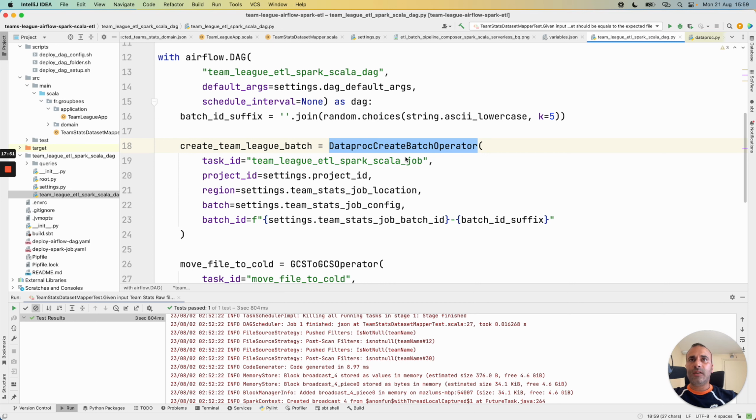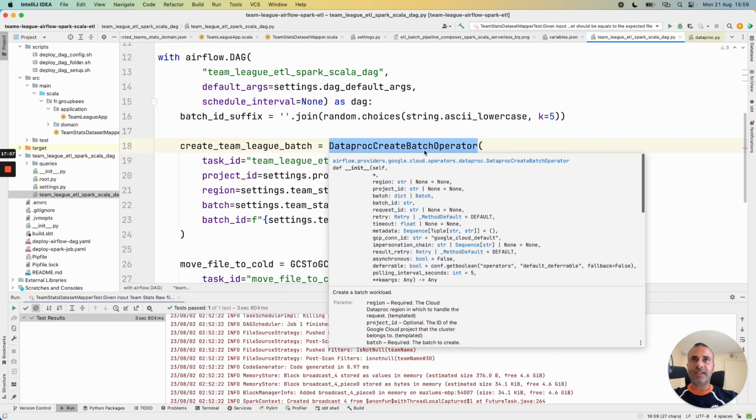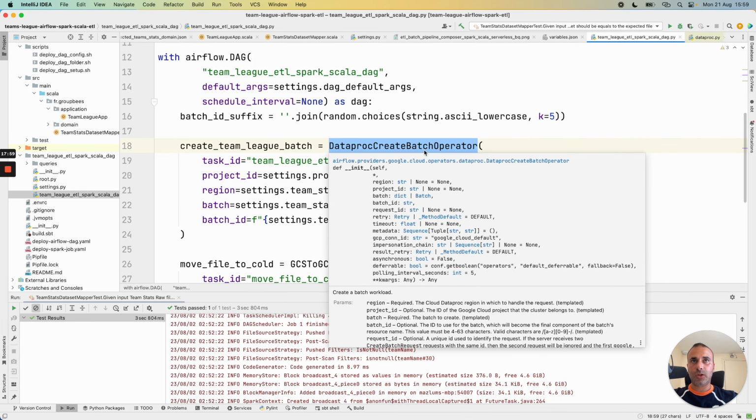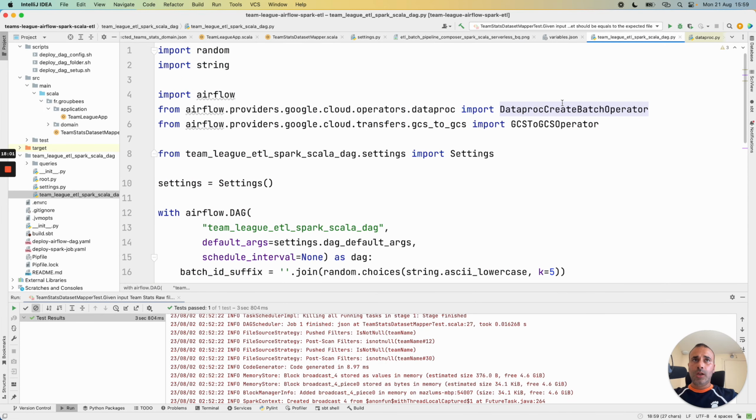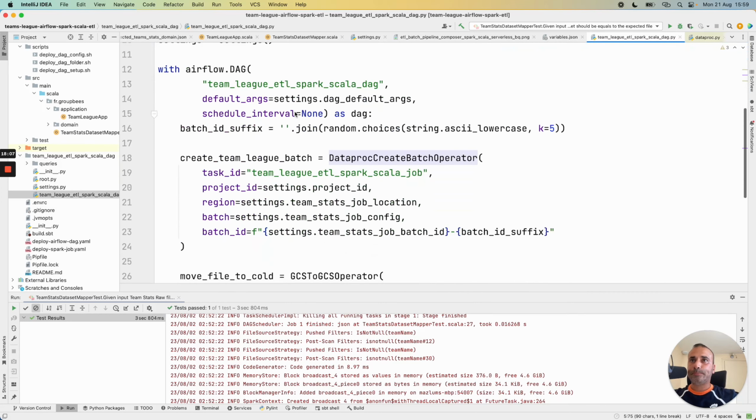In this example, we can launch a Dataproc serverless job with this operator, Dataproc create batch operator. We imported this operator from the Airflow Google Cloud provider.